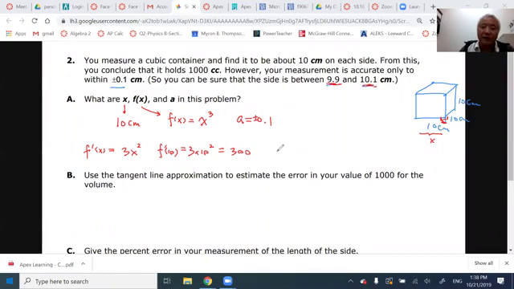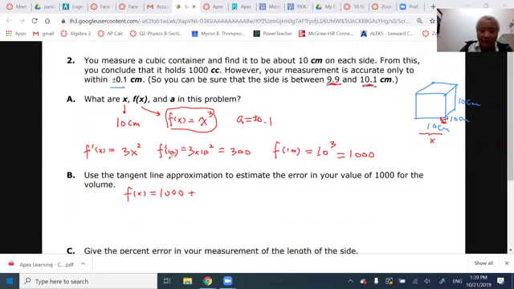And then we need to find the rate of change. So the tangent line should be like this. So the real volume function will be, because we know f(10), that's our original, if the measurement is accurate, that will be 10 to the third power, because of this function. So if x equals 10, 10 to the third power will be 1,000, right? So the volume right now, you can represent like this. It's supposed to be 1,000, but